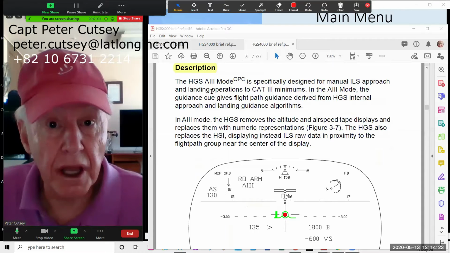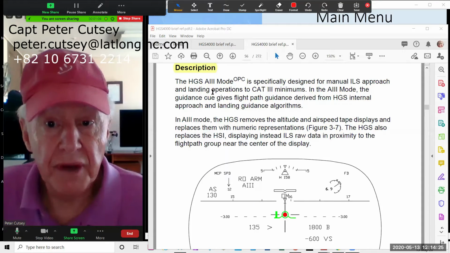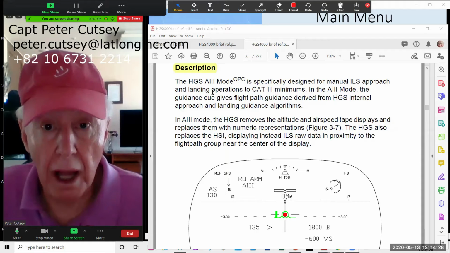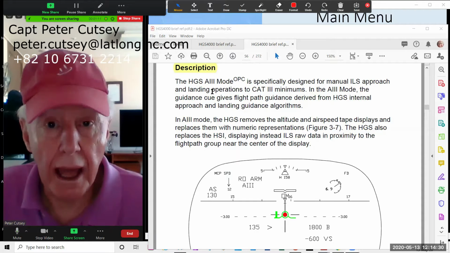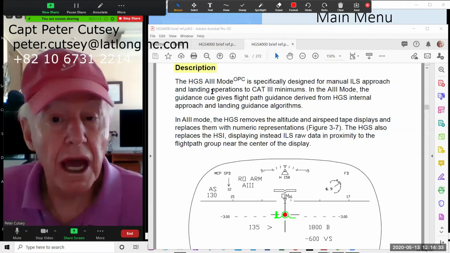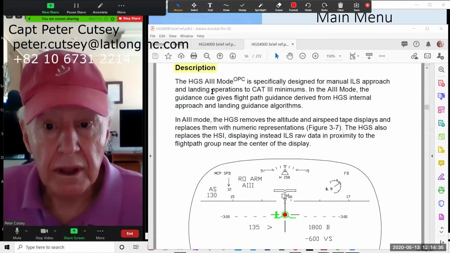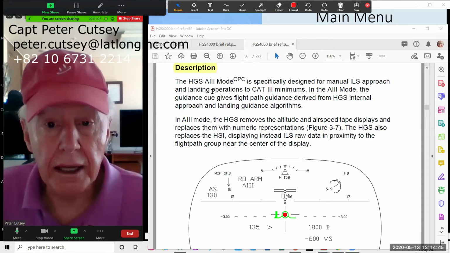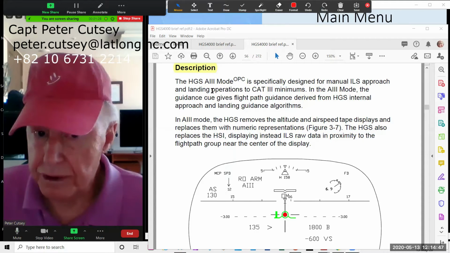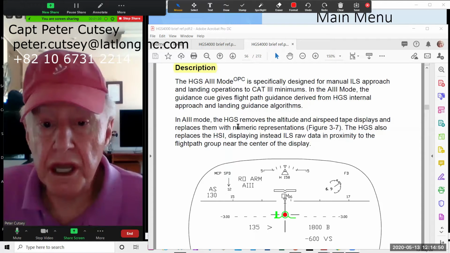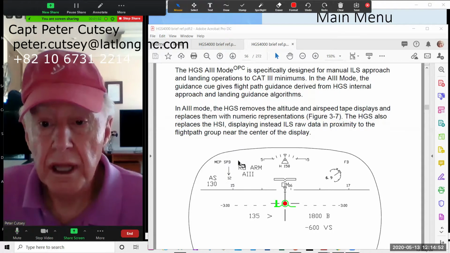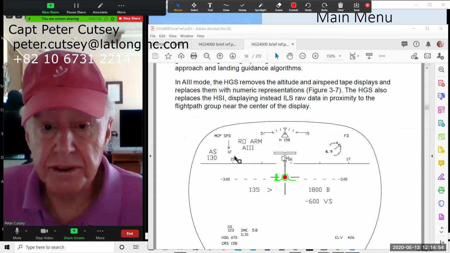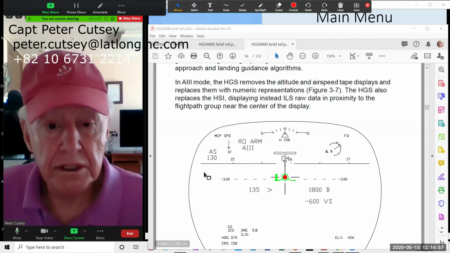The HGS A3 mode is specifically designed for manual ILS approach and landing operations at three minimums. In the A3 mode, the guidance cue gives flight path guidance derived from the HGS internal approach and landing guidance algorithms. In the A3 mode, the HGS removes the altitude and airspeed tape displays,